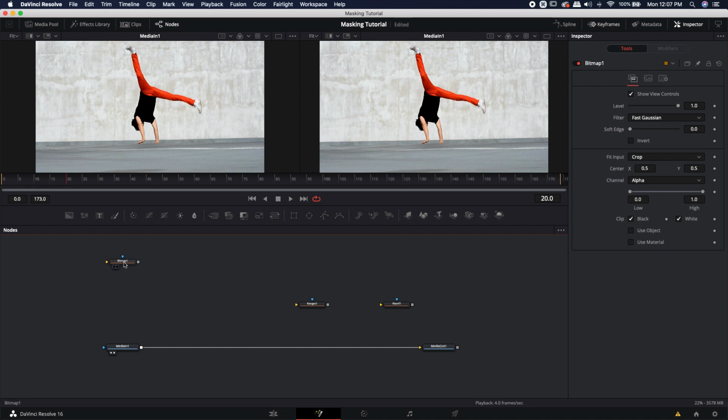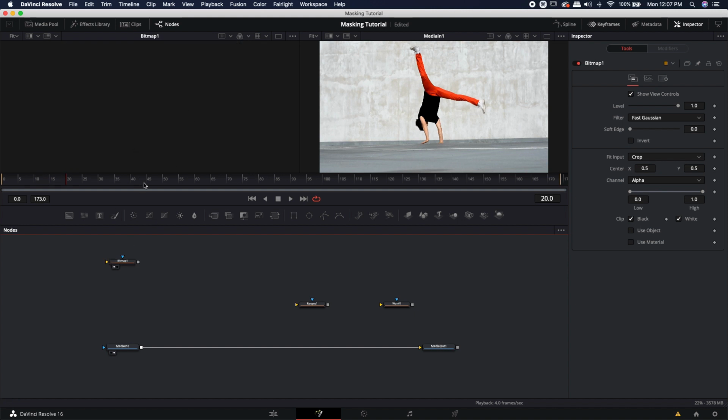It essentially creates an alpha matte using an image, but not just an image, it can also be video footage. It needs something to be plugged into it, or some kind of image, in order for it to actually be visible. If I just load this bitmap node into the viewer, you'll see you don't see anything. But if I plug a media into the bitmap,